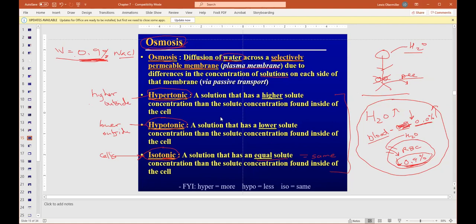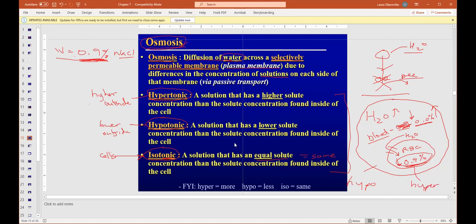And that's by default. In some instances, I might ask, what's the solution relative to the inside of the cell? In this case, the outside of the cell would be hypotonic, right? But if I'm talking about the inside of the cell, the inside is higher than the outside, so that would be